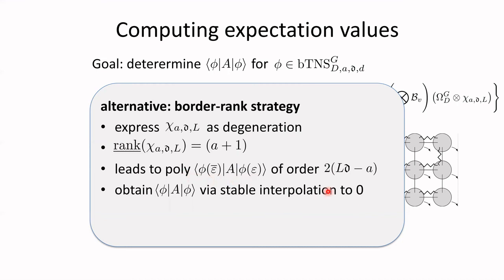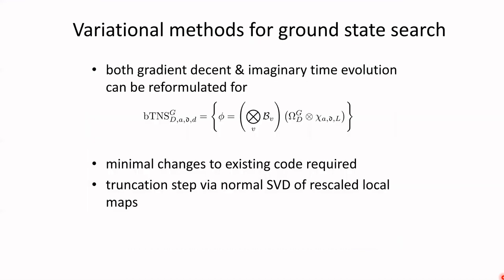Which of the two strategies is better to use is a bit subtle. It depends on the lattice and the properties of the graph that we're considering. But in the following, all numerics that I present use the matrix product strategy. And then we would like to use this ansatz class in order to find ground states and ground state energies